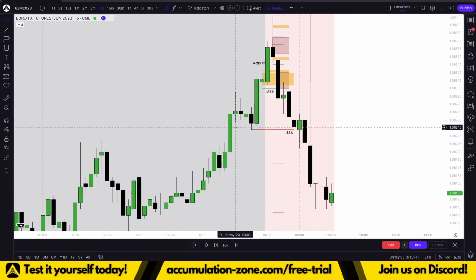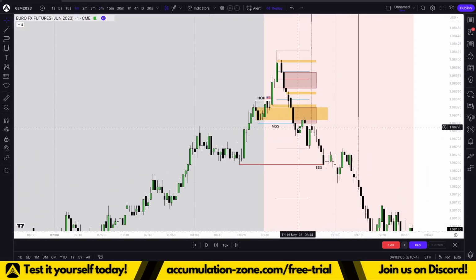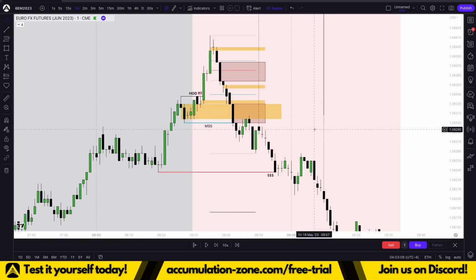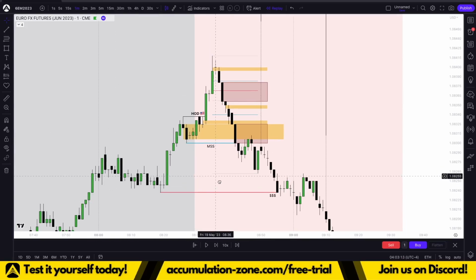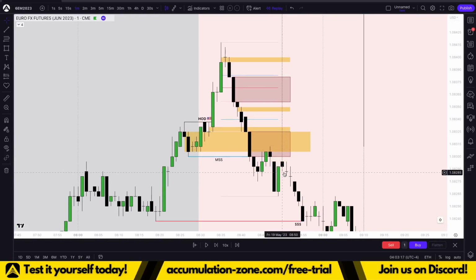We had this bullish fair value gap right below it, so ideally we would like to get our entry at least above the market structure shift. That's the bare minimum that we're looking for. Of course, we could also look for this to act as resistance to get up high. I'd say it depends on what we get prior to our market structure shift that we could also look at specifically, because here we had quite a